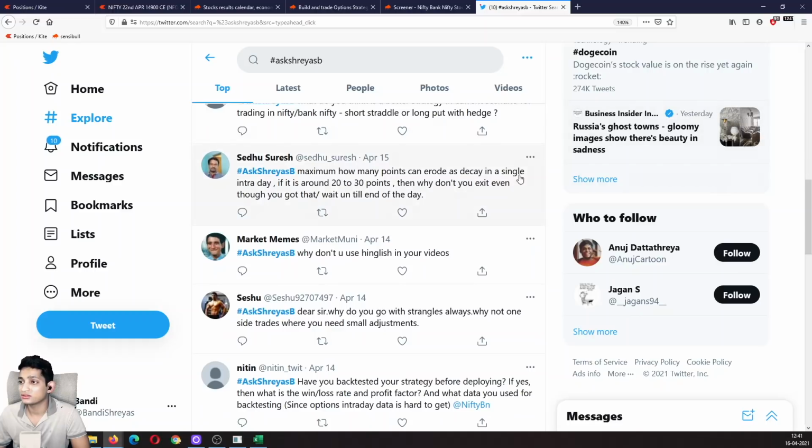Long put with hedge. Look, if you want to go long options, the criteria has to be momentum. How do you define momentum? It depends. You can have certain crossovers, you can look at very short time frames, you can look at multiple supports being broken. My way of buying options is I'm in and out of the trade usually in under 5 minutes. If I'm sitting on a bought option position, my trade life is about 5 minutes.